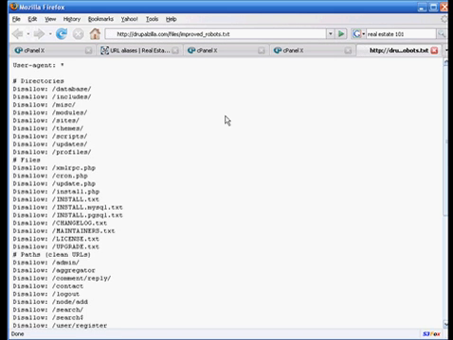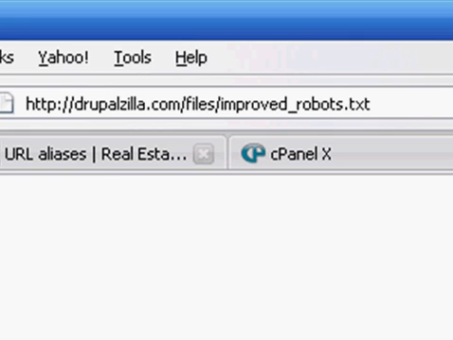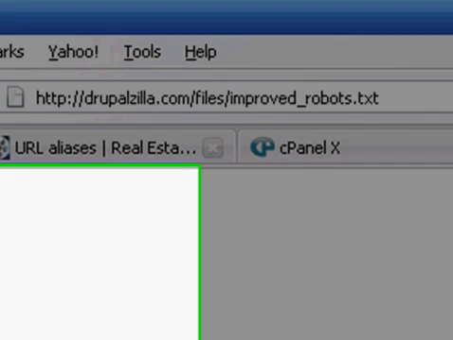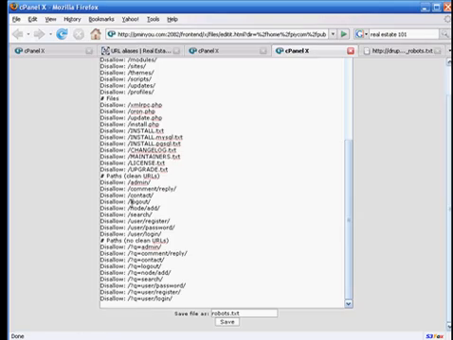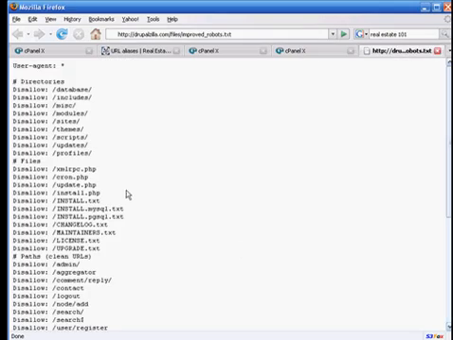And this is from somebody that's taken the time to actually do some research, and they're a little more up on the search engine optimization of using the robots.txt on a Drupal site. So you might want to check this out. And what you could do is just copy this entire page and replace this page with this one. Now, before you do that, there's another site I want you to go to, and that would be